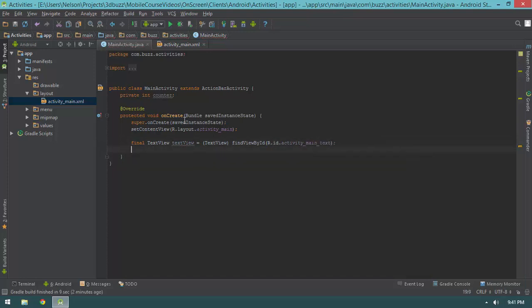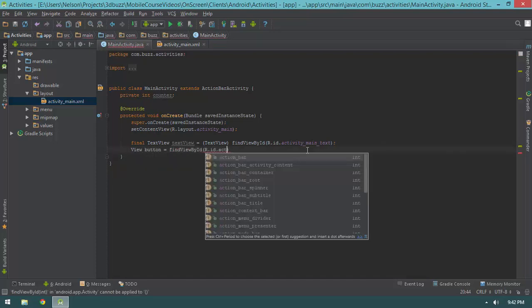Yes, I'm aware of tools that make this faster, but I don't want to clog all this up with third-party tools. There are tools that you can use. I think it's called, what is it called? Butter Knife? Yeah, I'm pretty sure that's what it's called. And it makes it so you don't have to write this findViewById all the time over and over and over again. But anyway, let's go ahead and do View button equals findViewById, R.id.activity main